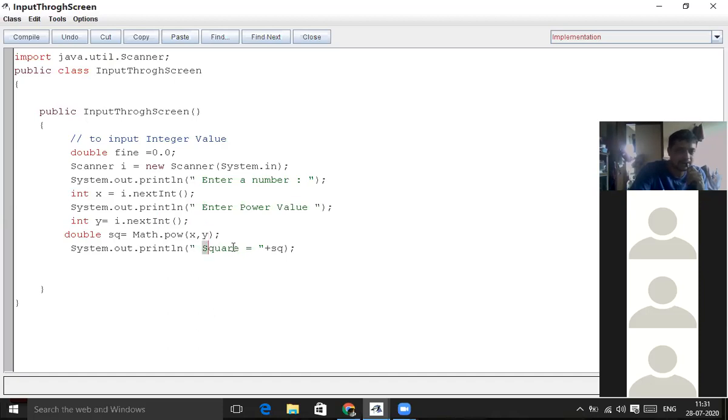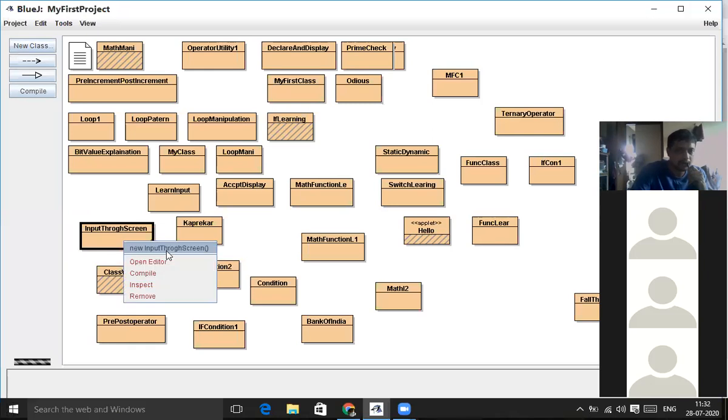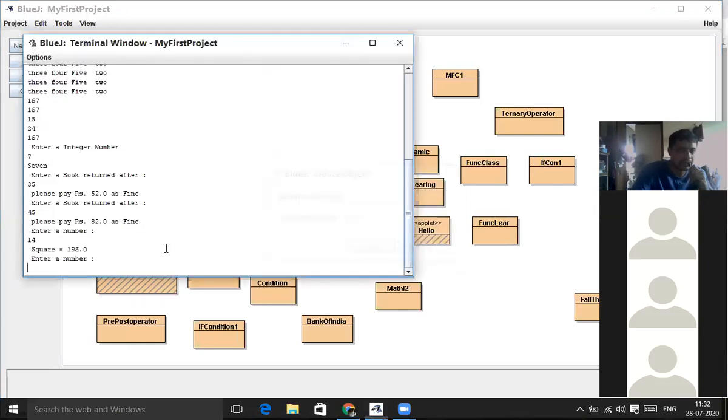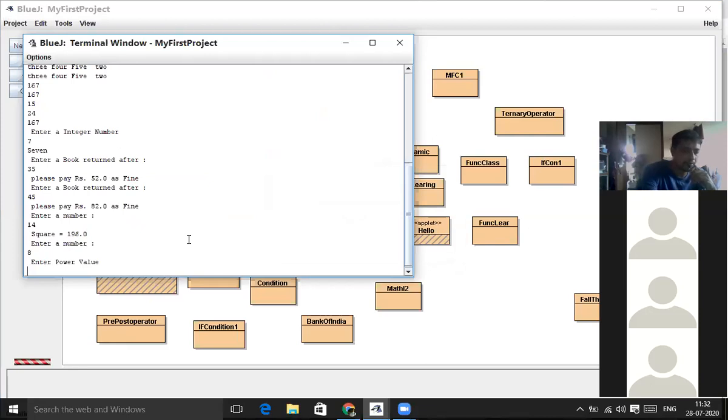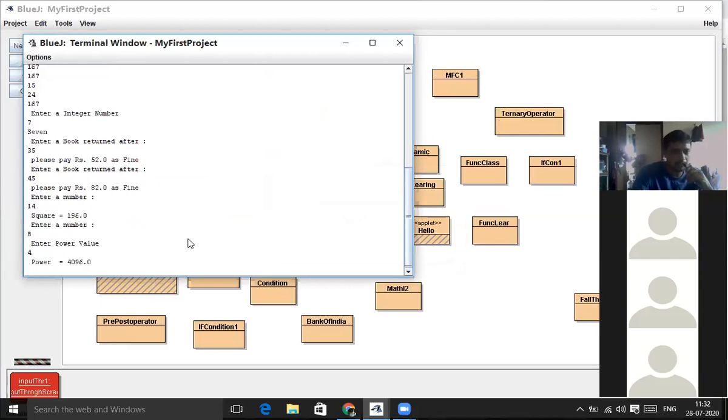Okay, so you can say power. So we can say power value is this one. Okay, so we look at this one. Let us compile, and there is no syntax error. So we have to input two different values over here. One value for the number, another value for the power. Enter a number is coming on the screen. You can see I give enter a number as 8, and now I want to get 8 to the power 4. So what is the value? The value is 4096. 8 to the power 4 is 4096. So you can see on the screen 8 into 8 into 8 into 8, 4 times if you multiply with 8, you will get 4096.